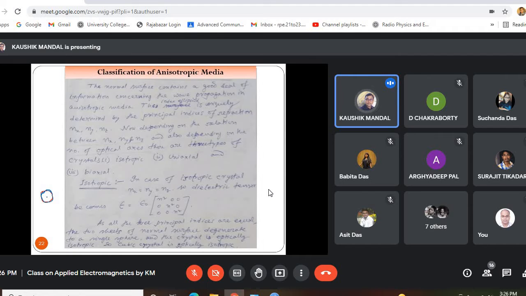Now how can we draw the optical axis? To draw the optical axis, we have to consider the center of these two shells, and we have to draw the line between the overlapping point of the two shells and the center of the two shells. So that is the rule to draw the optical axis. Now tell me what should be the number of optical axes for the isotropic crystal.